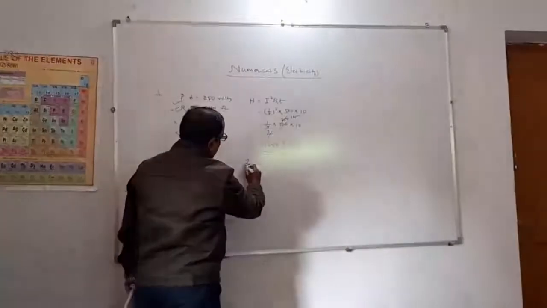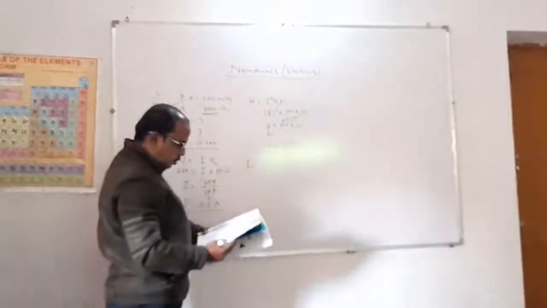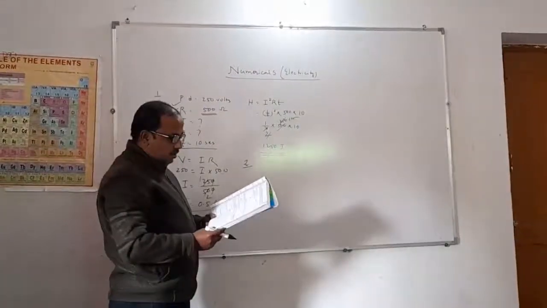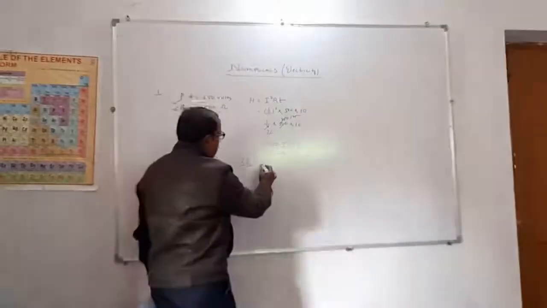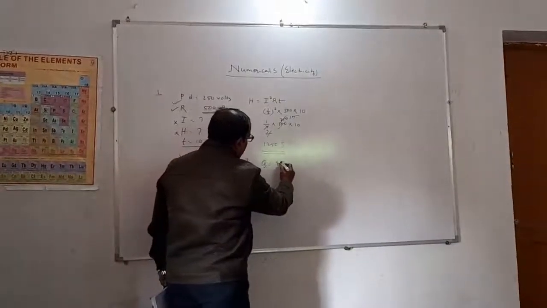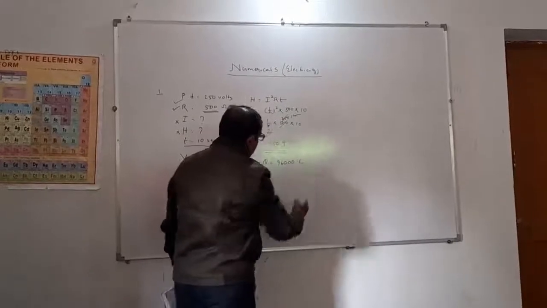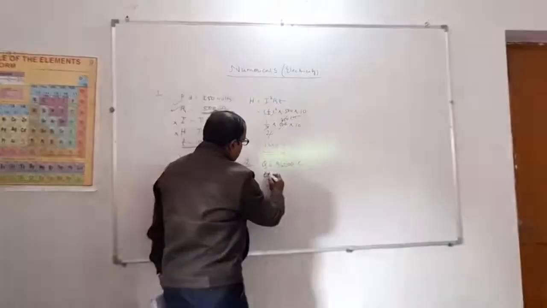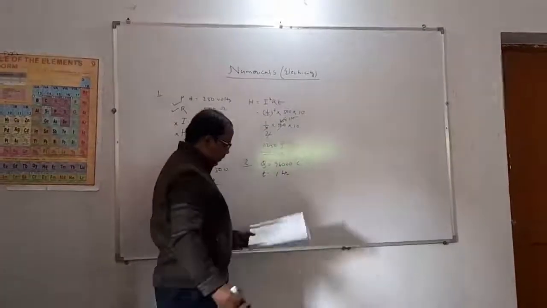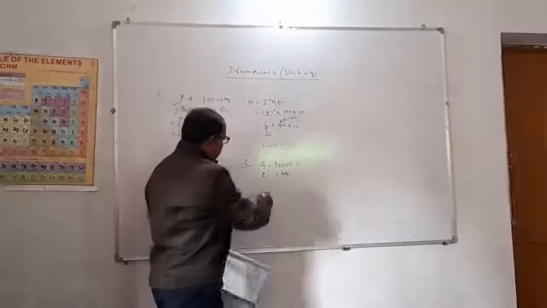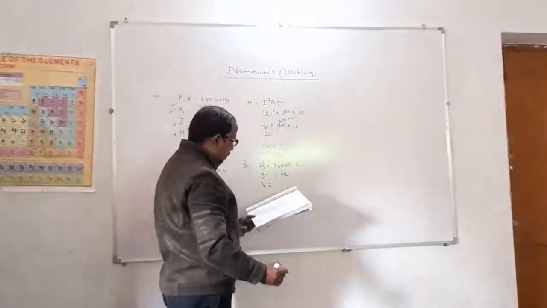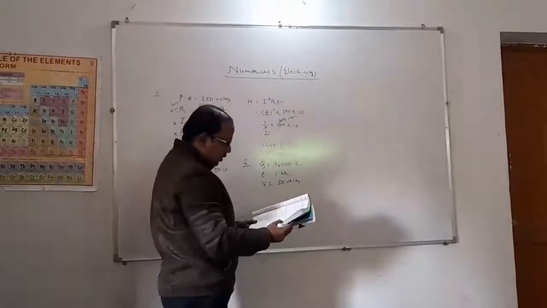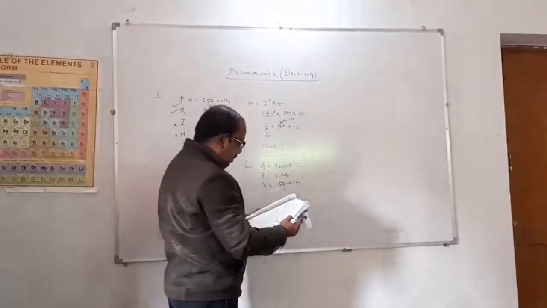Now next question, see the question. Here the question is, calculate the heat produced when 96000 coulombs of charge, charge is given Q, is transferred in 1 hour. Time is given, 1 hour, through a potential difference V. It is also given, 50 volts. We have to calculate heat energy produced.